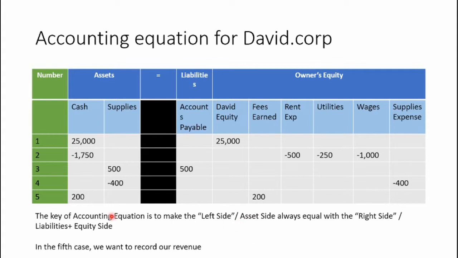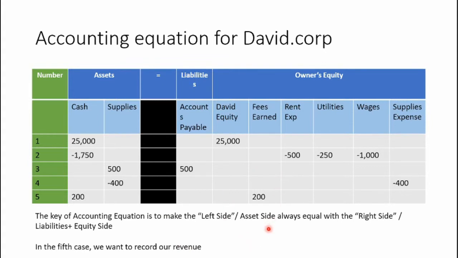In this case, you might want to see first what David Corp is doing, but since I didn't put any explanation about it, I will just make an assumption that it is a service